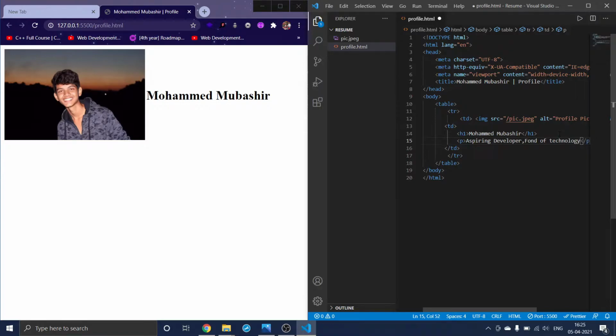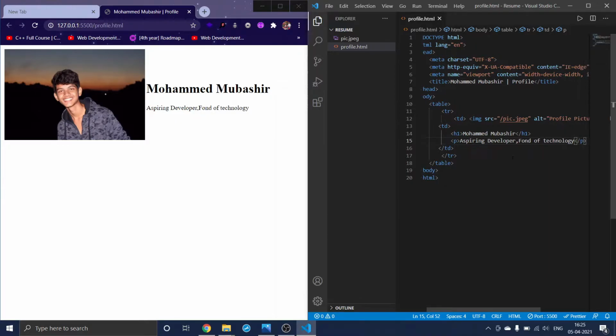When I save this, you can see here aspiring developer and fond of technology. I want to style this with the help of the em tag. We have already learned that em, and I'll cut this closing tag and paste it here.